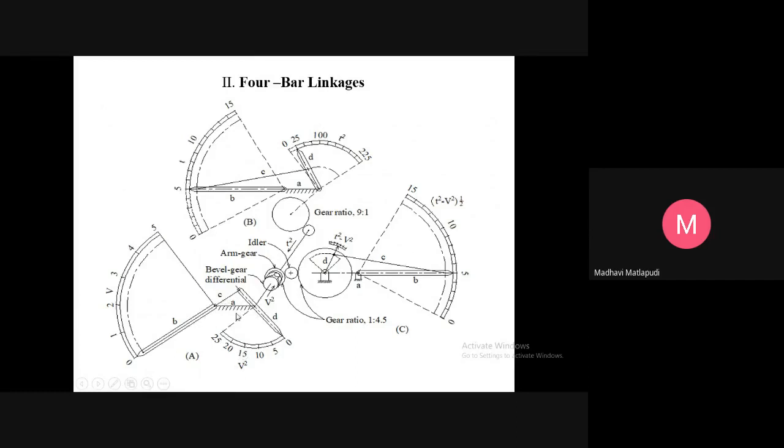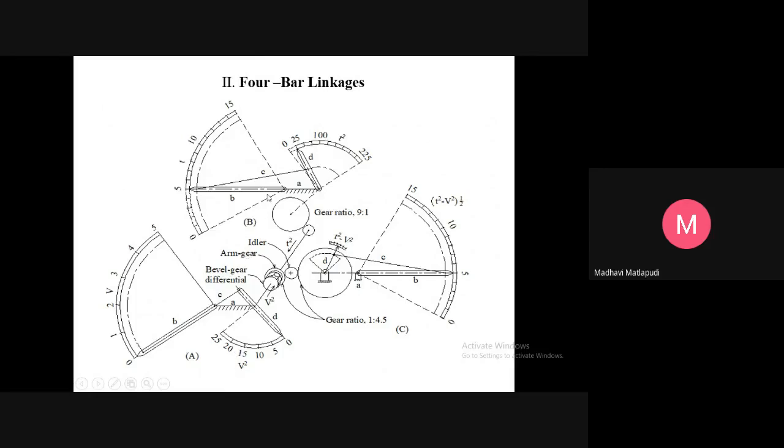So how do you get this? Please recall the table we have seen previously, the x square table. The function output should be square. So for that, what are the required input angles? What is the range of angular motion? Then what is the precision angle? Then what are the proportions of linkages? And what is the maximum error? Based on that, you need to design these 4 links so that you obtain V square.